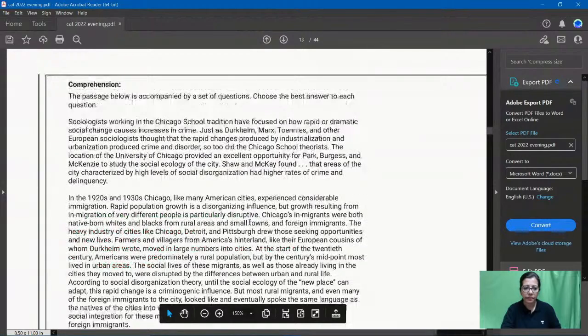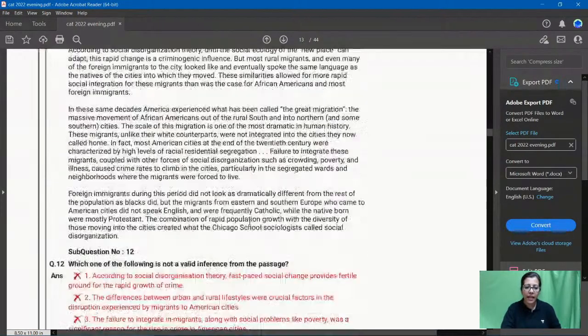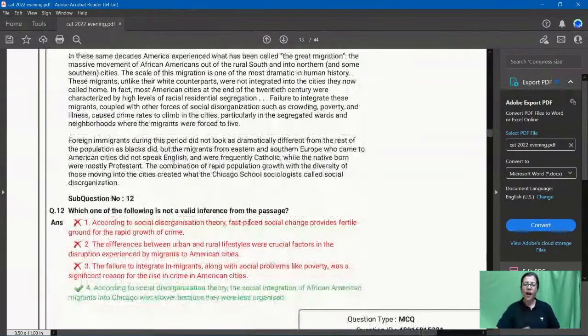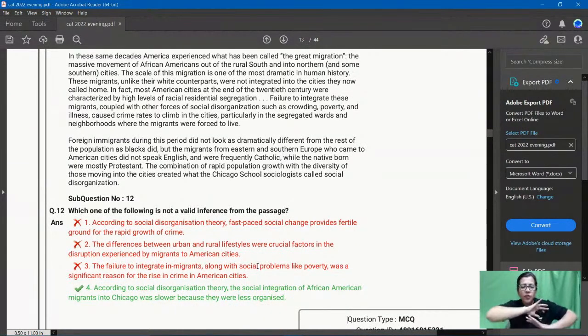Good. Now, the last question of this passage. ये मैंने skip किया. I'll tell you why. Which one of the following is not a valid inference? So तीन inferences हैं, तीनों true होंगे, एक false ढूंढ रहे हैं. इसमें कोई भी नेम प्लेस एनिमल वाला टेक्निक नहीं है, स्पेसिफिक नहीं है जो आप जाकर के पिक करके वेरीफाई कर सकते हैं. This would eat away my time. So instead of taking it upon my ego ki bhai I have solved 3 questions, how can I leave the 4th one? I move on to the 4th passage.